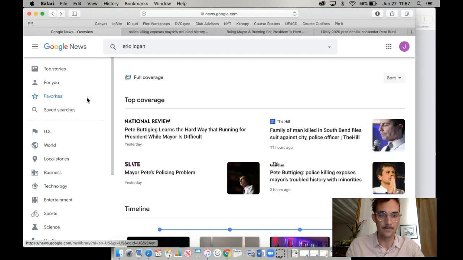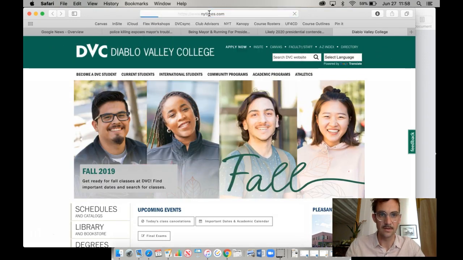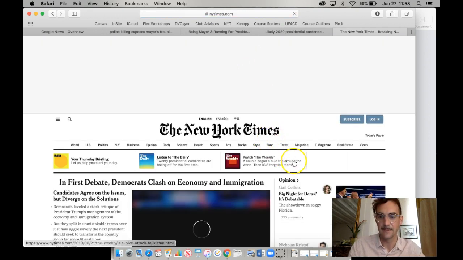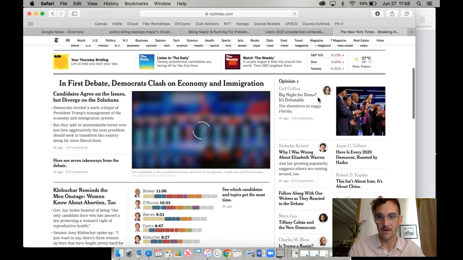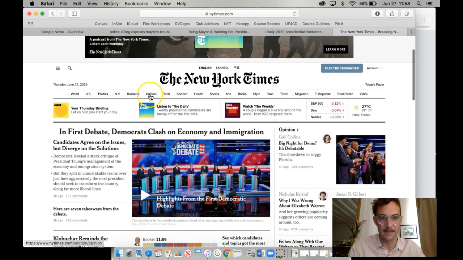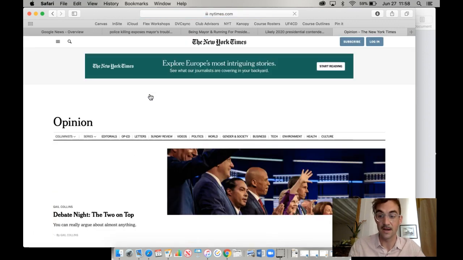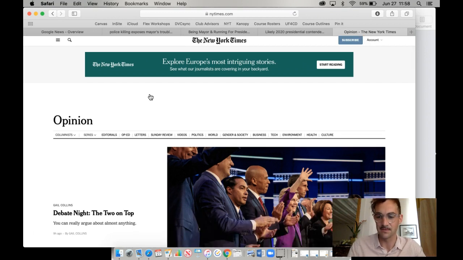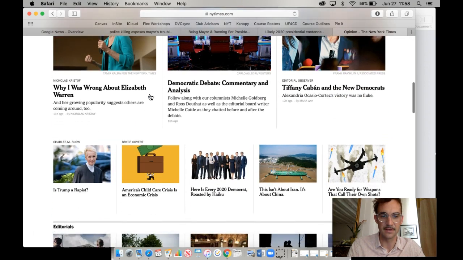Let's say that you want to use a source like the New York Times, which we've said is a little bit on the left. If you remember in my last video, I pointed out that this source in particular has this whole section here on the right for opinion, and you can see that up in the header too. There's an opinion section, and this would be true for any major newspaper. Different kinds of sites present this differently, but you can see the opinion pages here.